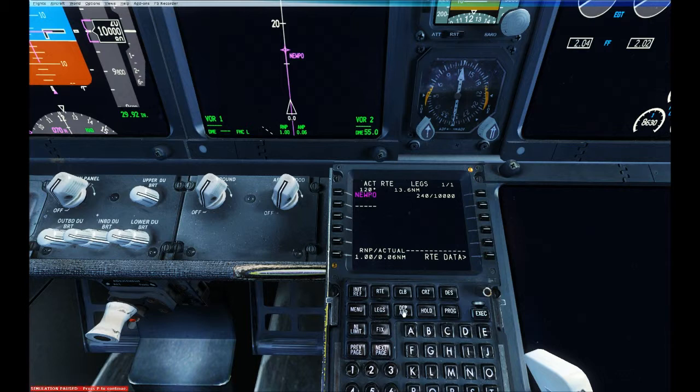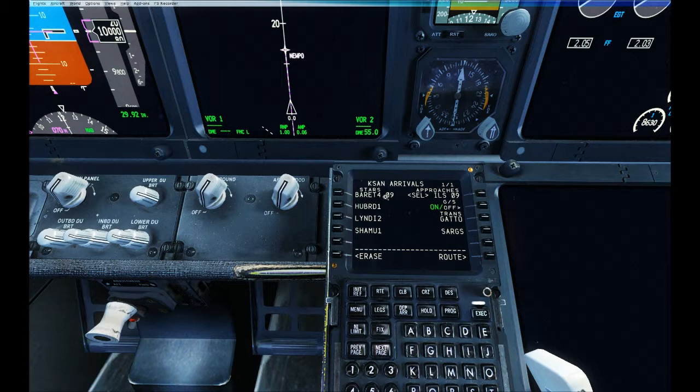the departures and arrivals for San Diego, KSAN arrivals, and click on that, and here we have arrivals for different runways and different start procedures depending on what runway we're going to be landing on. So say that we want to choose ILS for runway 09. We can select that,